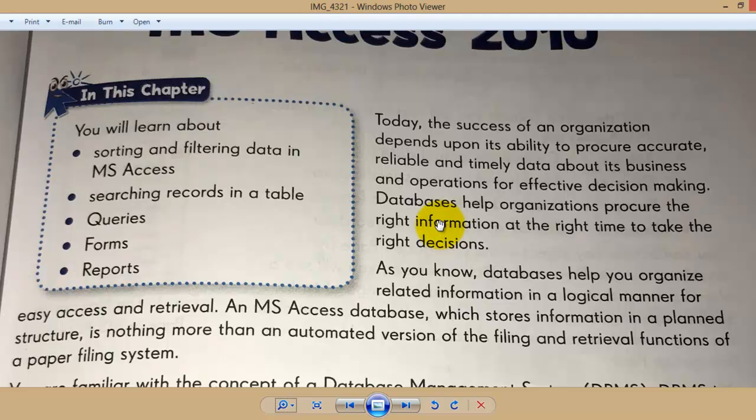Let's take any organization nowadays. It may be a school, hospital, or a business or anything. It depends upon your database, the one with which you are maintaining your record about your business or school or hospital. How do you maintain your record about your students, or it may be patients in the hospital, and for a business it may be your products and client or customer data and everything. So how do you maintain that? It's totally dependent on that, and